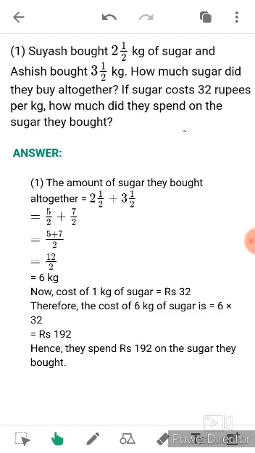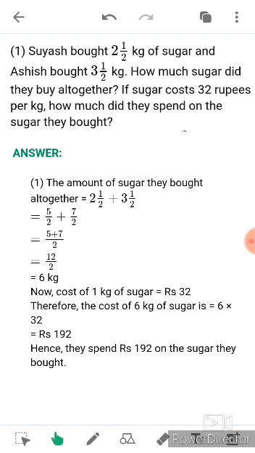Here students, you can see that this question is solved with the help of the second method. We can add the numbers by two methods, so here we use the second method. How can we convert this mixed number into an improper fraction? 2 2s are 4, meaning we multiply the whole number with the denominator. Remember that we learned all this in the previous video. So 2 2s are 4, 4 plus 1 is 5. Then again 2 3s are 6, 6 plus 1 is 7.